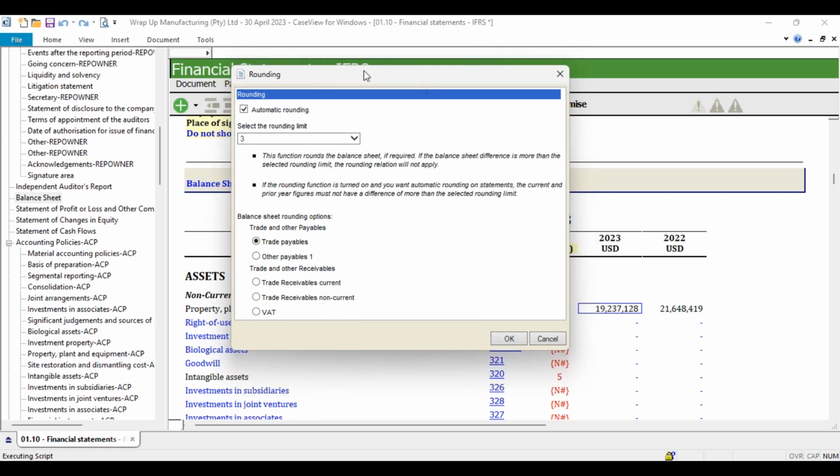You don't have a choice for that because the rounding will then pull to these options. I'm sure that you know how to do the rounding, document configuration rounding. Now, this function rounds the balance sheet, and